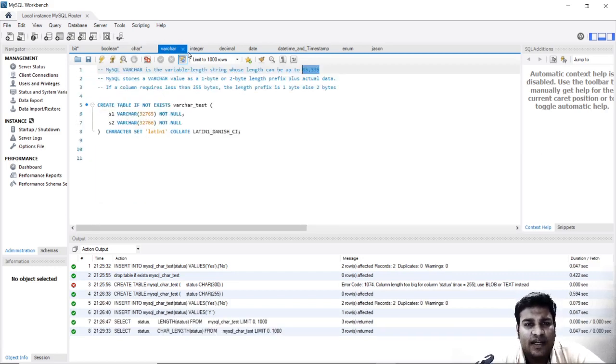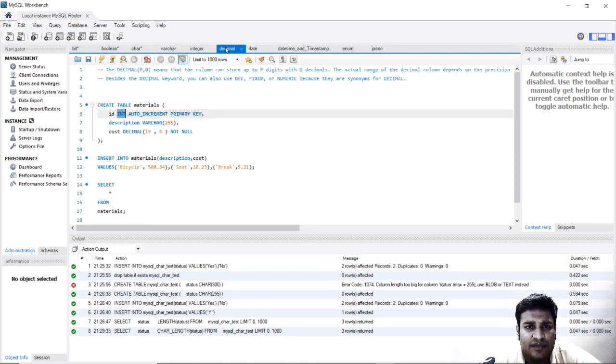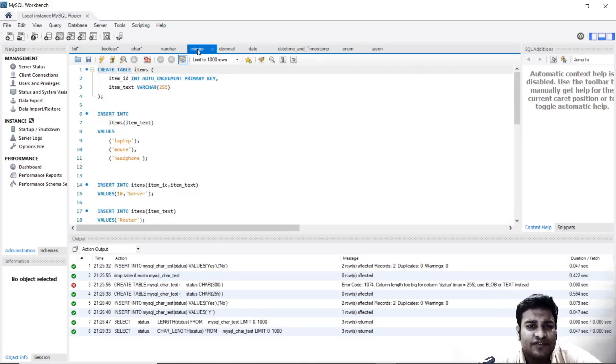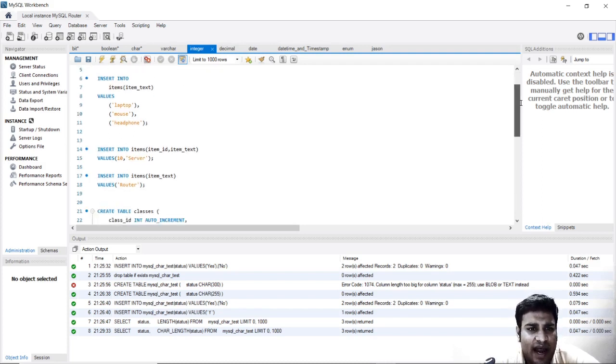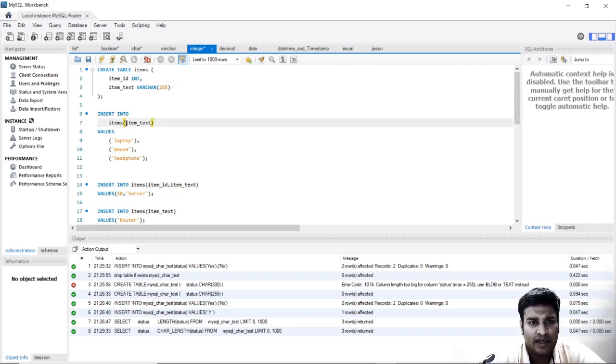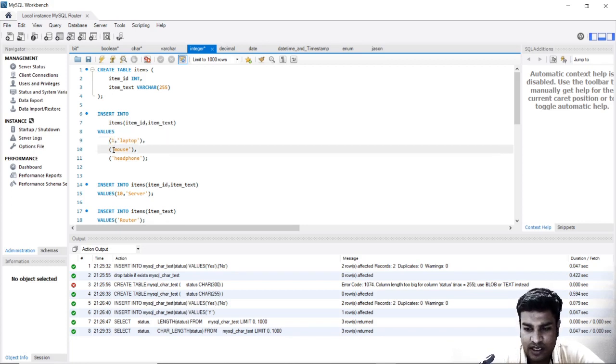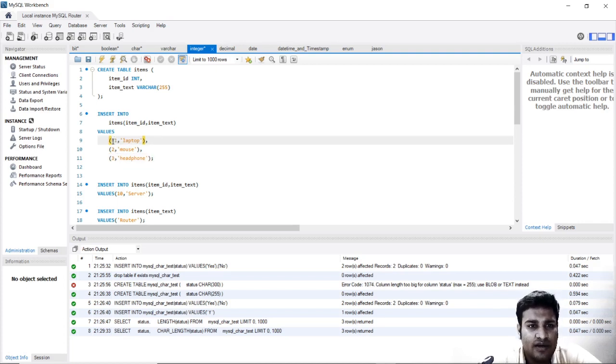Okay, so after talking about char and varchar, let us talk about integer and decimal. So integer is of type integer. You can see over here that we are creating an id items, then we are creating an int value type. Let us remove auto increment and primary key and type it over here, saying item underscore id comma this, and let us give it as 1 comma this, then 2 comma this, and 3 comma this. Let me change this to -1.